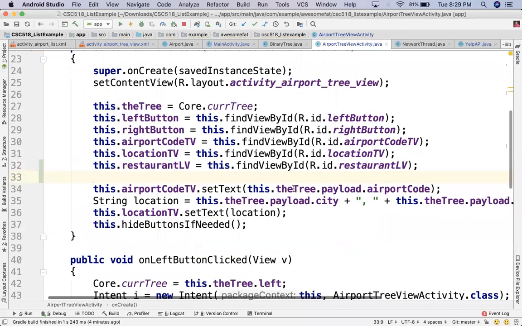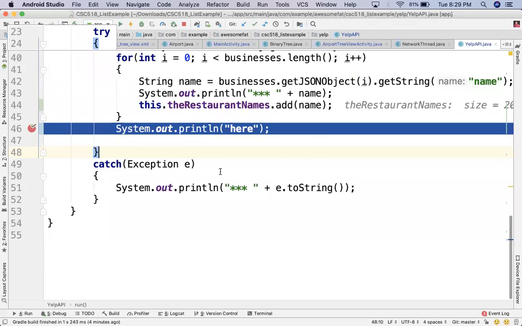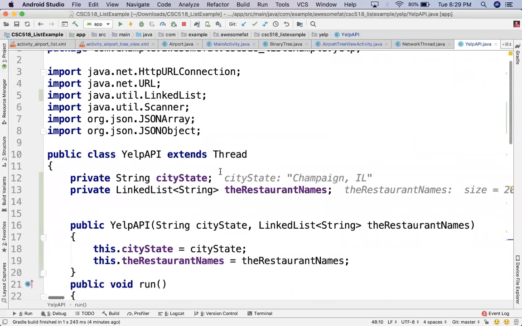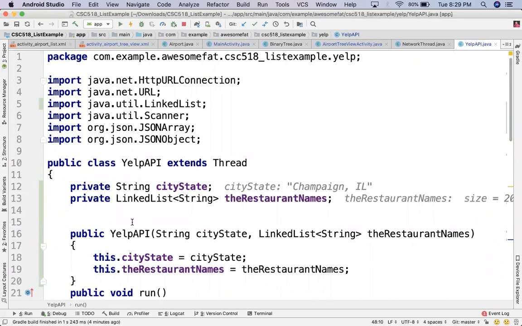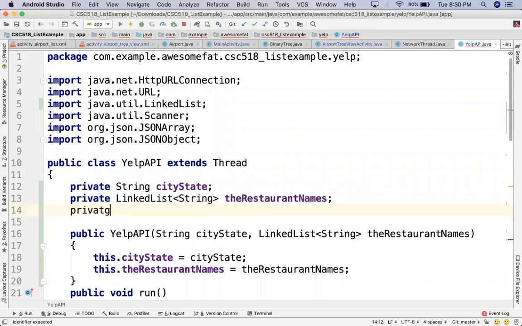Then what we're going to go ahead and do, you know what we actually can do is, instead of passing a linked list to our Yelp API, we can actually pass it an array adapter. That way we can tell that guy to notify of the changes. So, why don't I just go, I think it'll be clearer code for you if I pass all three. Private